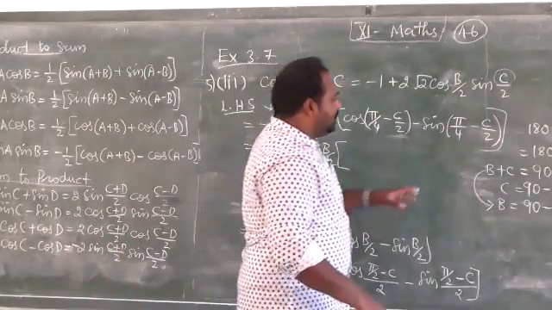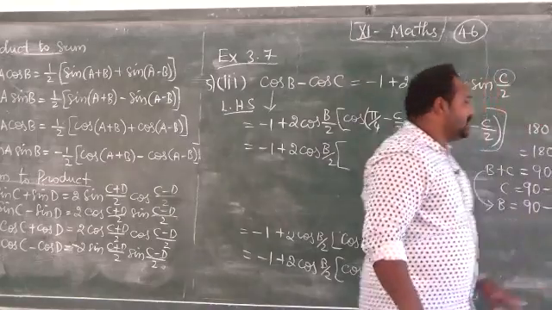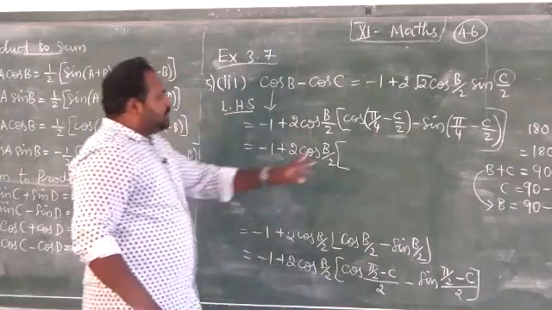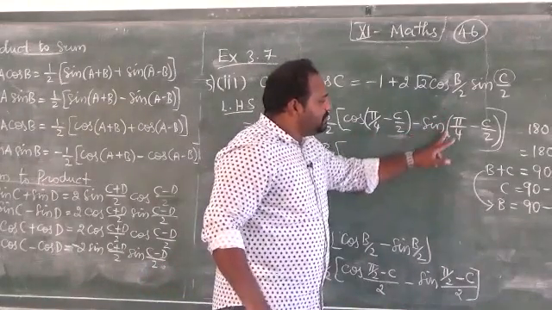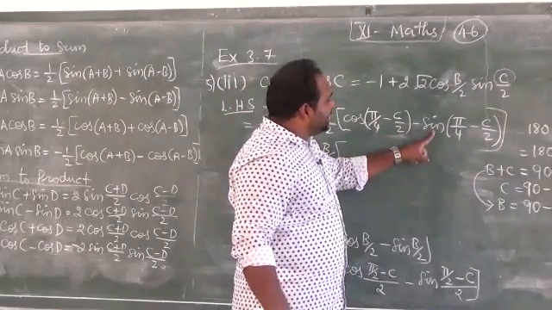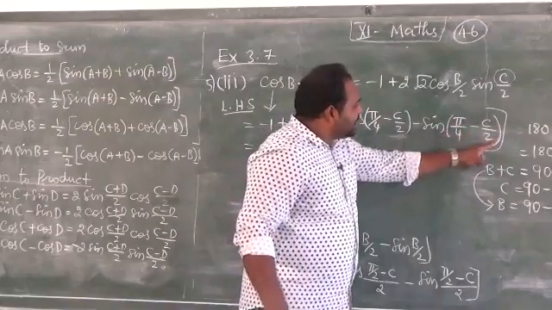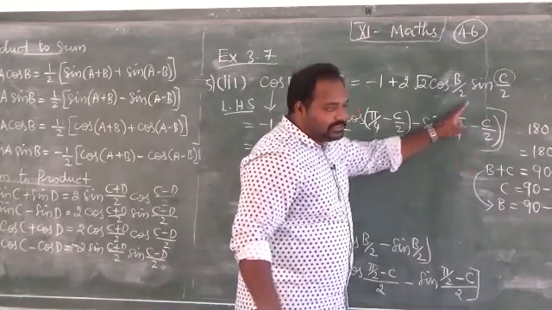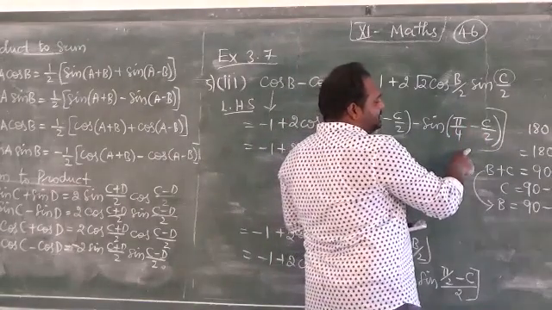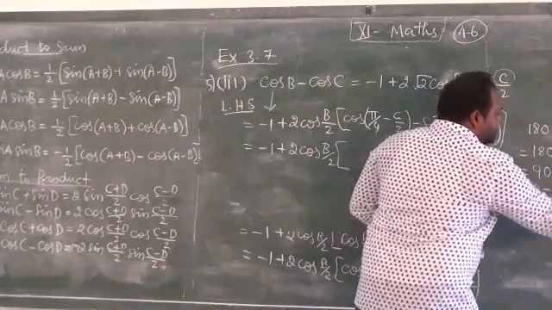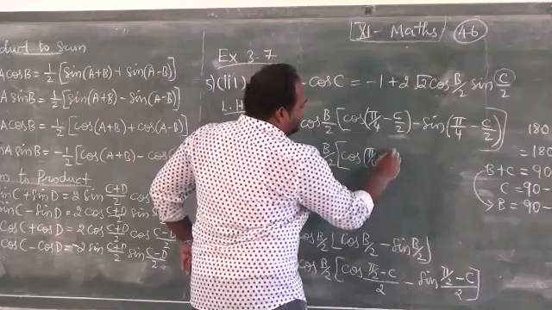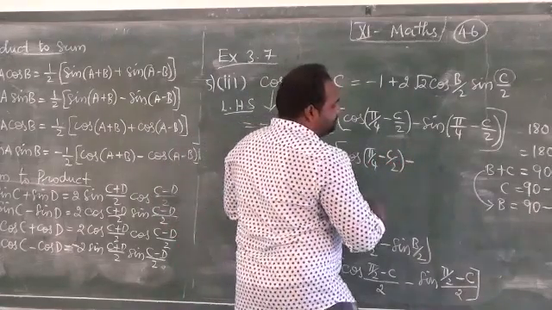Now I told you that cos of 90 minus theta is sin theta. Why am I writing this? We have a formula cos C minus cos D. Here it is supposed to be cos, not sin, if you want to use the identity. So I have to change sin into cos. This whole bracket I am going to consider as theta. If you want to change sin theta into cos, it will be cos of 90 minus theta. So cos of 90 minus theta, before that cos of pi by 4 minus C by 2 minus